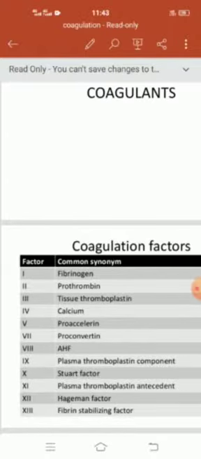Okay. So there are various coagulation factors in our body, factor 1 to factor 13. The first factor is fibrinogen, the second factor is prothrombin, the third factor is tissue thromboplastin, the fourth is calcium ions, the fifth is proaccelerin,